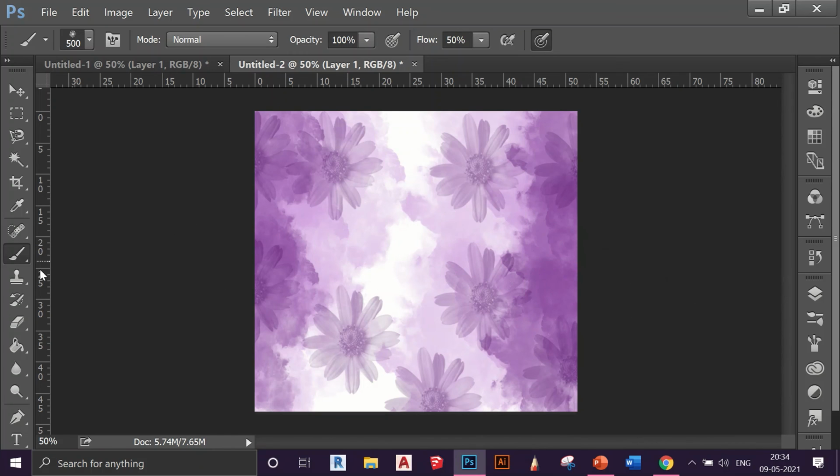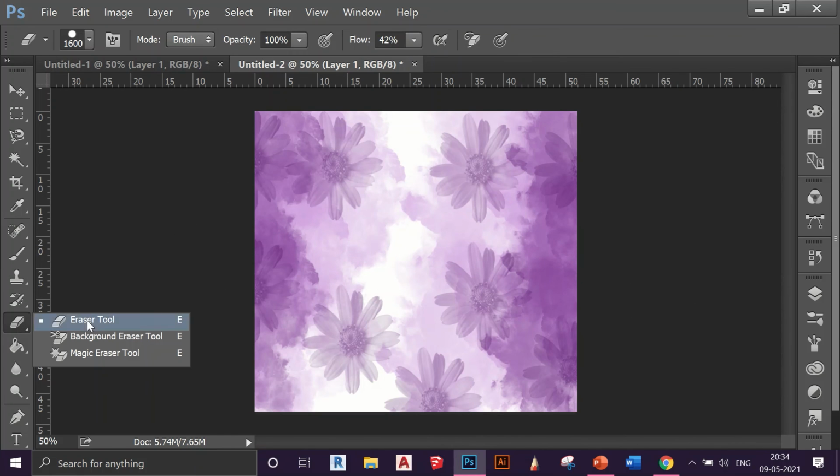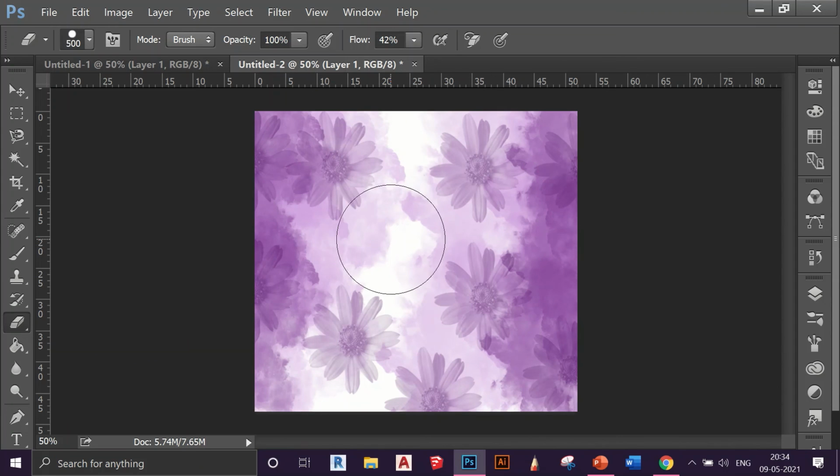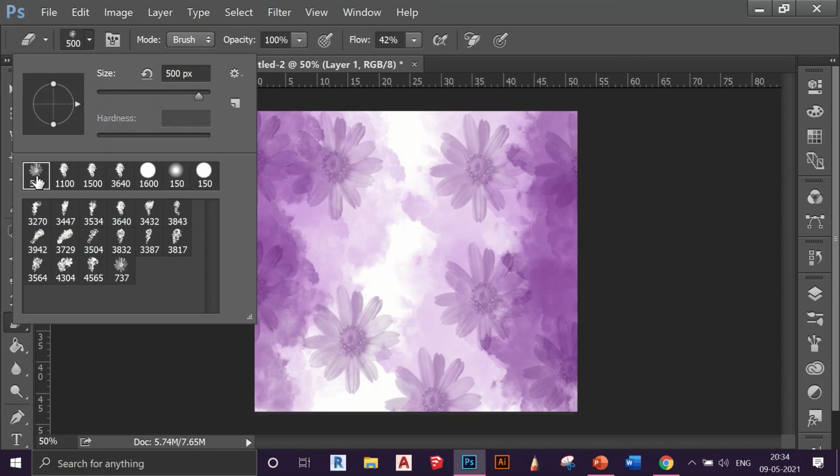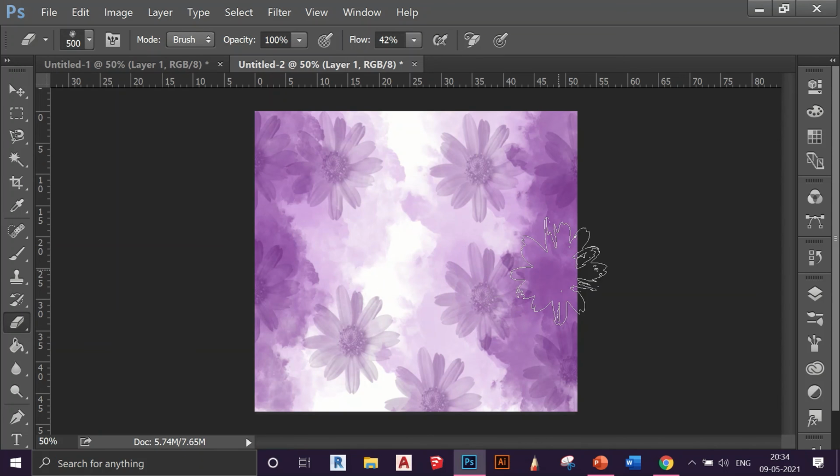And now I will be talking about the eraser tool. The eraser tool also has this option of different types of erasers. You can drop down and you can see what all erasers you have. If you want a flower eraser, you can also have a flower eraser with you. So it's all about using different textures and creating different backgrounds, everything.